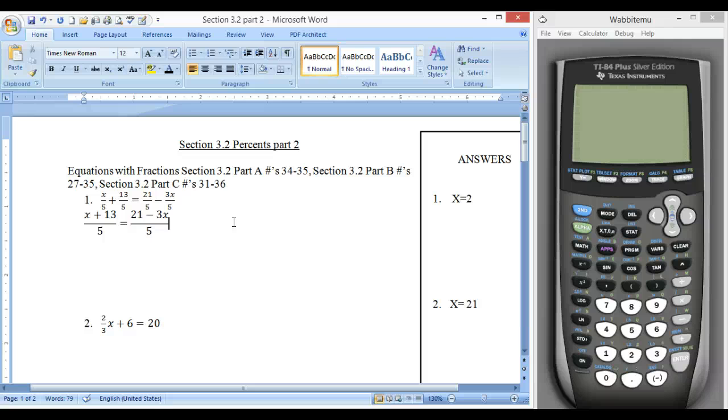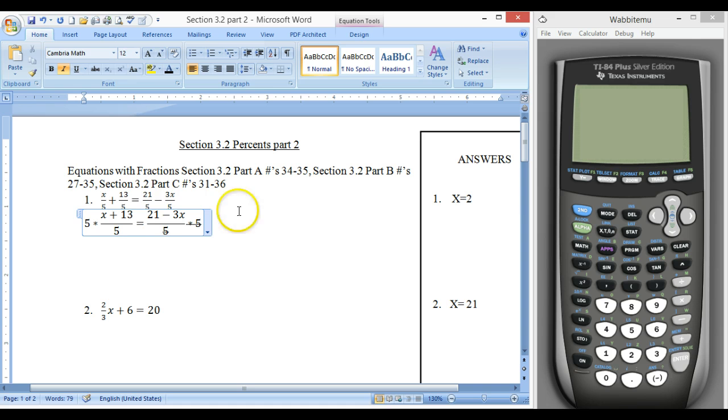The reason I do that is that's how I get rid of fractions. So in this one, I look for the least common denominator. The least common denominator between these two is thankfully the exact same number. So I just multiply both sides by 5. And we learned earlier that if I have something on the top and the bottom, they cancel out. I'm going to use my strike through feature. So it cancels out here. But I can't just go around multiplying something on one side, so I need to multiply it on the other side as well. So I'm going to multiply 5 to this side,